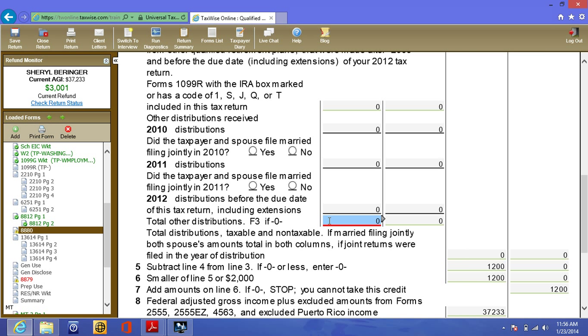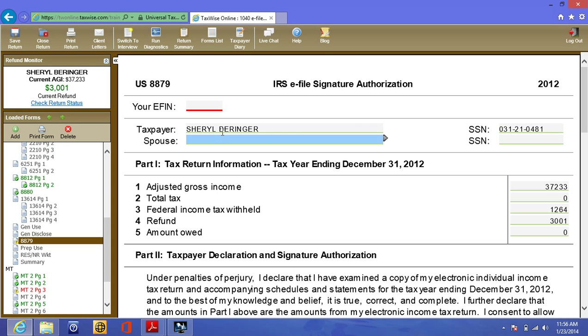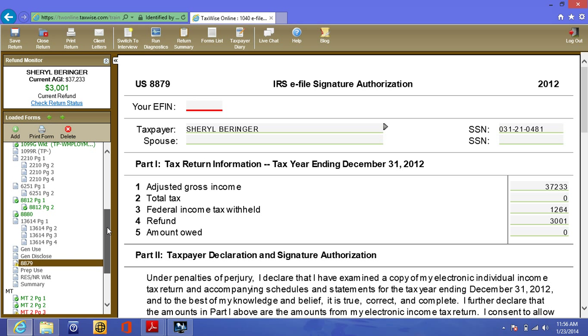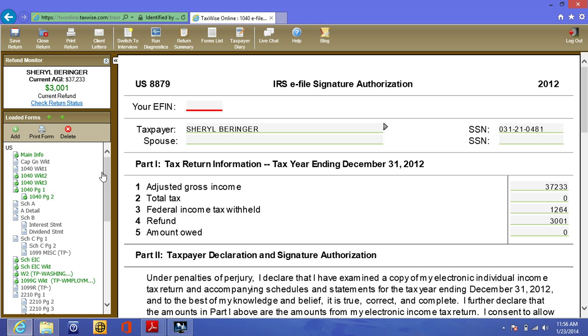And that doesn't have to do with her, so we're going to click in the box and hit F3. And so that's done. This one right here, that'll automatically have something in it when we actually start doing real returns. Okay, so let's check and see if everything is good. We're going to go to